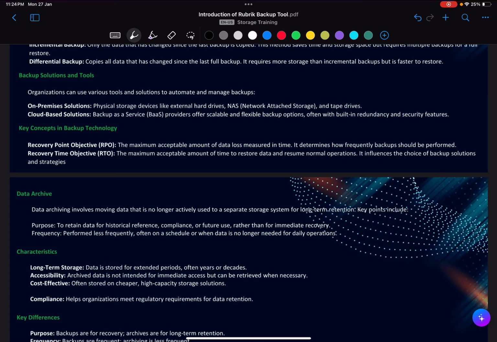So it depends upon the RPO, how much data the client wants to lose, and accordingly how frequently the backup needs to be done, or sometimes the replication needs to be done, whether from the storage or using some other tool. And the recovery time objective is the maximum acceptable amount of time to restore data and resume normal operation. So it is the solution, like how soon you can make that application or function ready to be